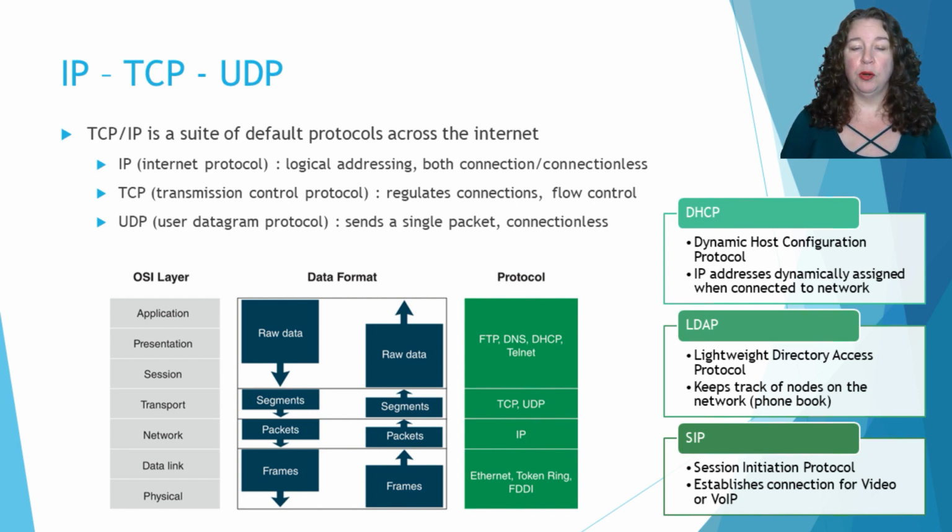IP, Internet Protocol, is designed for the logical addressing of both connection and connectionless. Doesn't matter if you have TCP or UDP, you're using IP at the bottom. So IP is going to be your layer 3. IP handles the packets. It addresses them. It handles the IP addresses, hence IP address, because it handles the addressing. It works with both connection and connectionless, and it is that third layer, the network layer, of dealing with